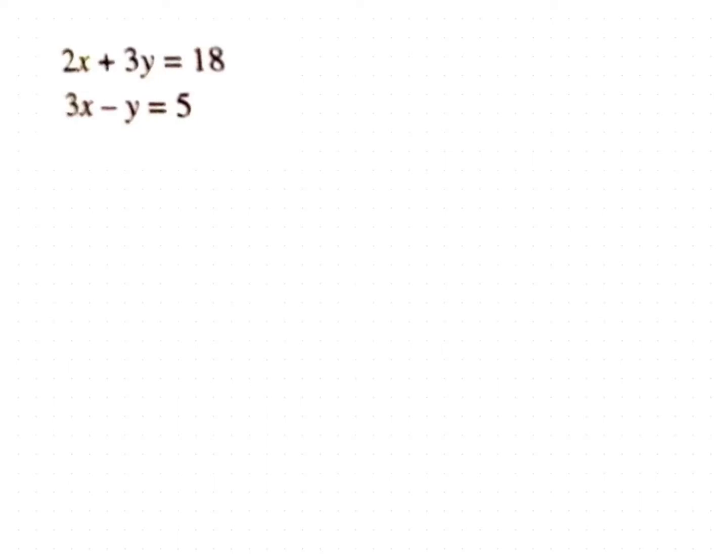It's 2x plus 3y equals 18, and 3x minus y equals 5. As you can see, there is no variable with the same value, so how are we going to eliminate that? The point is, in this situation you have to multiply a variable in order to get